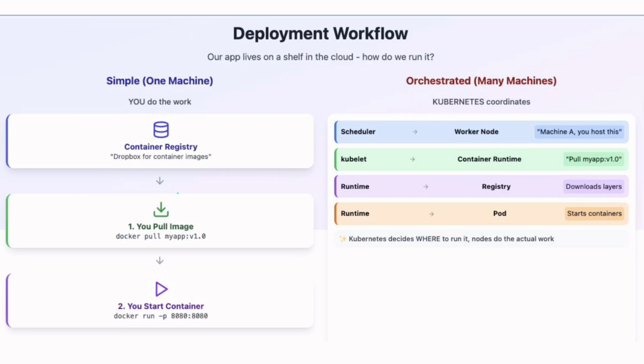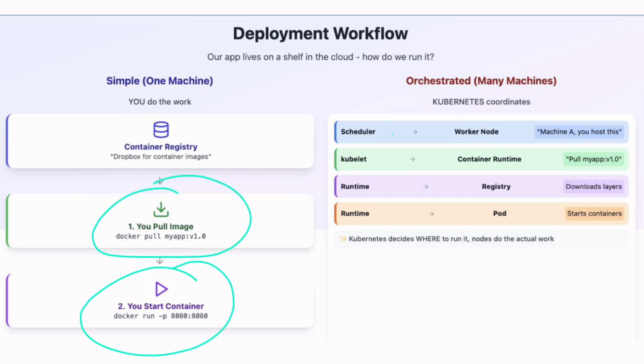Once you have your image, deployment depends on your scale and requirements. For simple applications, you can use manual deployment. Just 2 commands, docker pull and docker run. Docker pull so that you can download your image, and docker run so that you can run your application using the image. This works fine for development or small applications, but for production applications that serve real users with serious QPS,